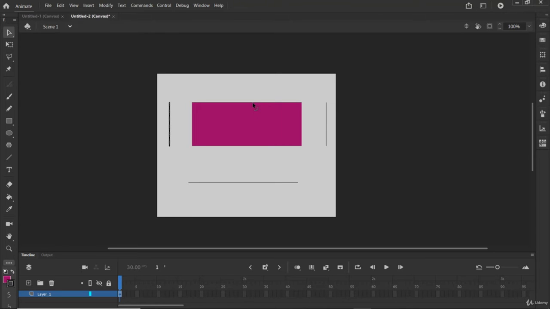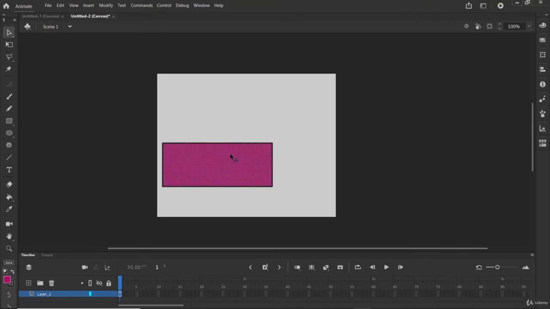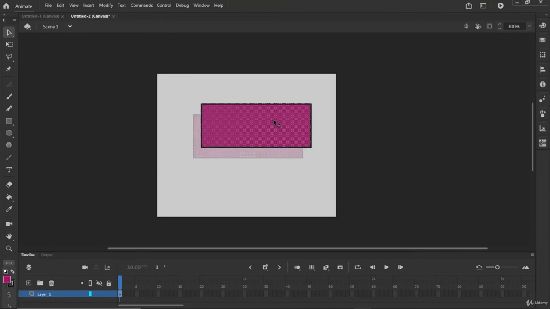Right here, if you click once, now we have only fill. This is weird, but we are going to fix this. So let's undo all the things.